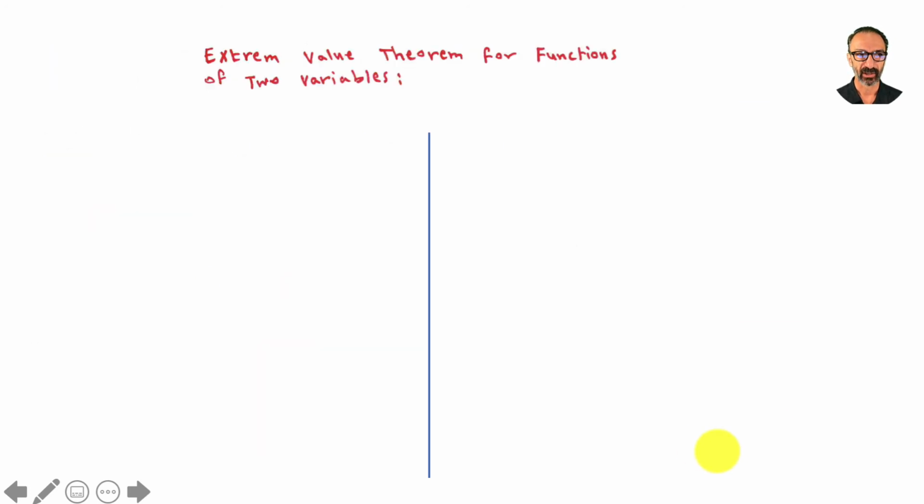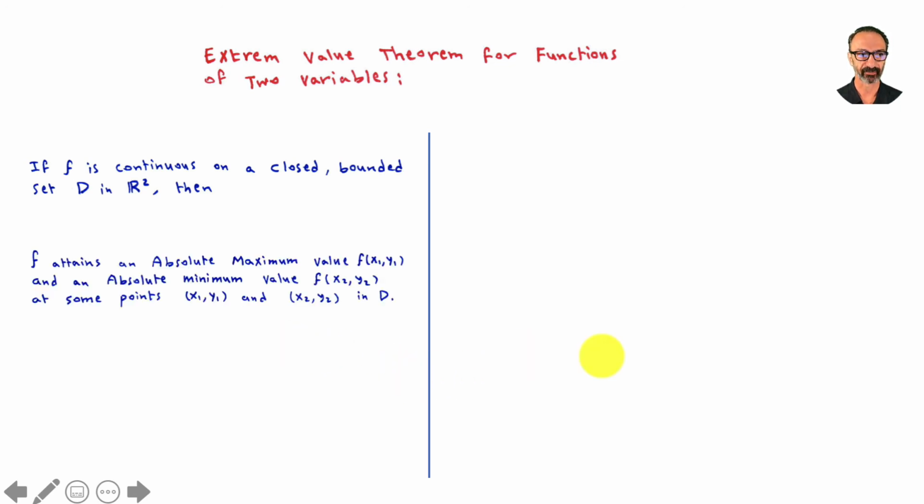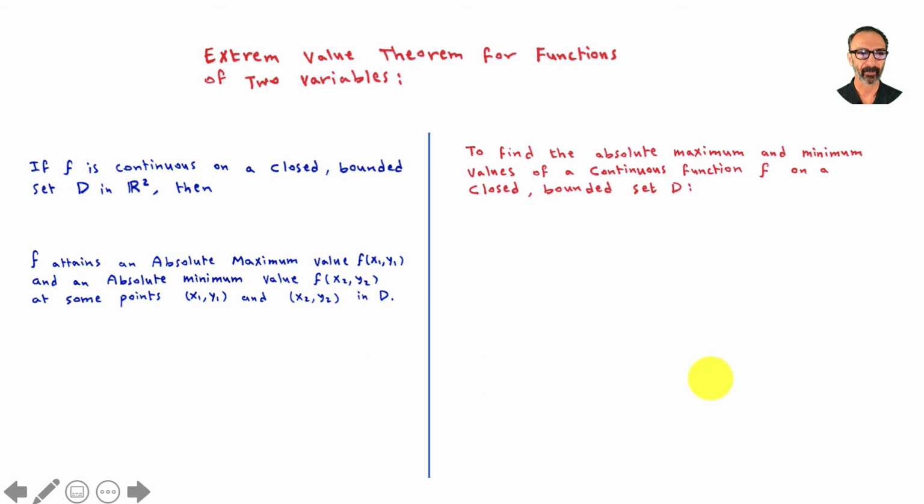Now let's apply the extreme value theorem for functions of 2 variables. If f is continuous on a closed bounded set D in R squared, then f attains an absolute maximum and an absolute minimum at some points (x1, y1) and (x2, y2), as you could see. To find the absolute maximum and the absolute minimum